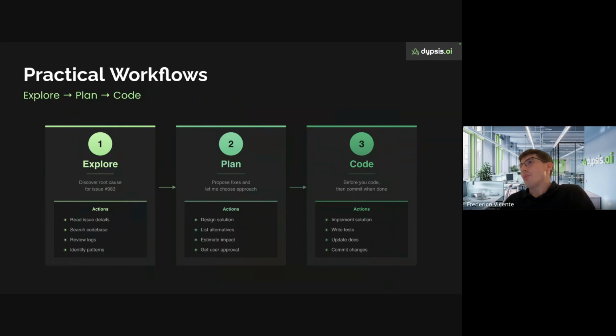So this is really a paradigm that people normally follow, this workflow, which has these three phases: the exploration, the planning, and the implementation itself.